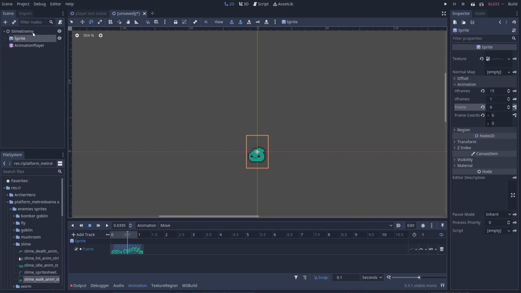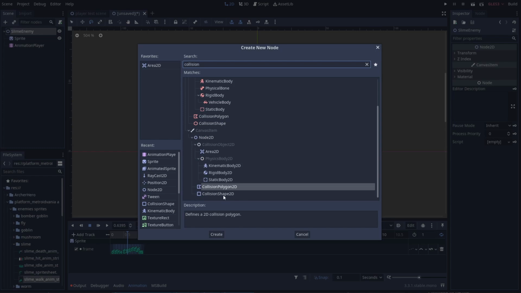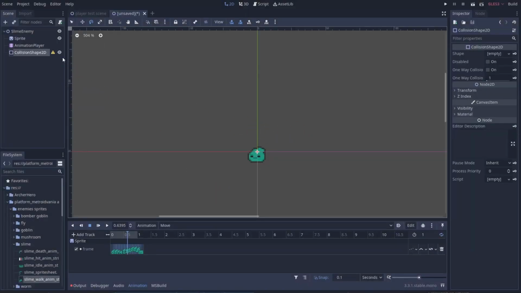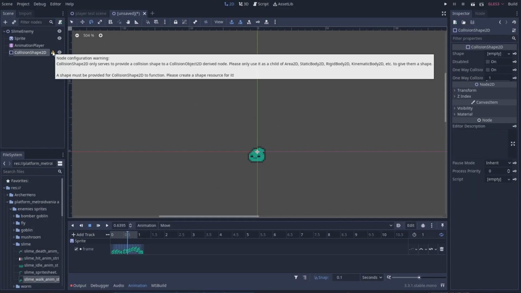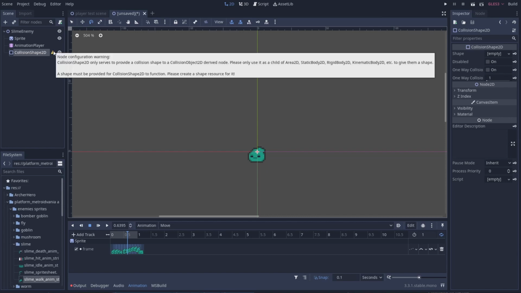Now from here, we need to give this little slime guy some collision. So let's go ahead and add that in. We will add a collision shape 2D, and you'll see that it says this doesn't work unless it's an Area2D, a StaticBody2D, a RigidBody, or a KinematicBody.